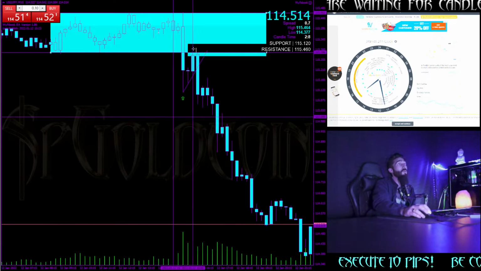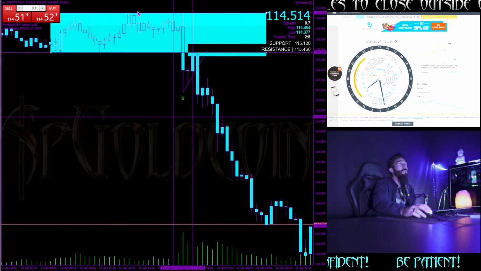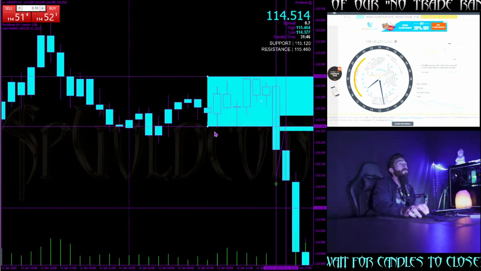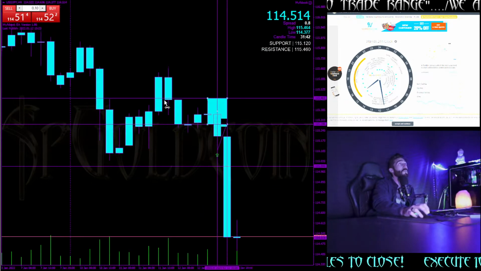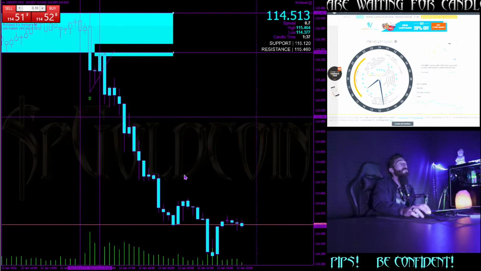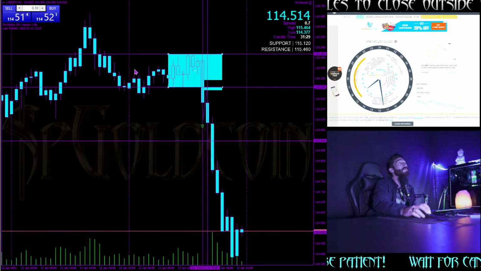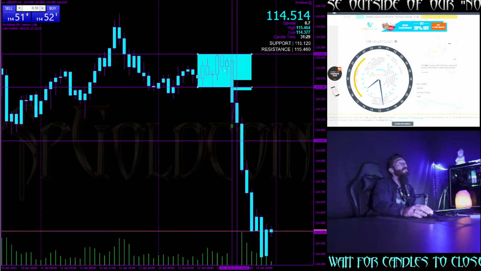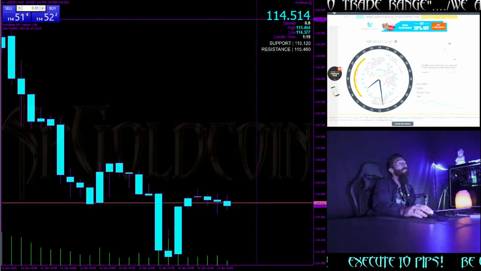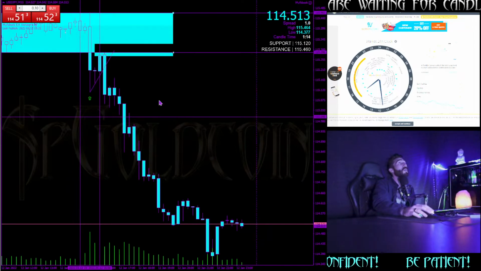On the new 4-hour candle, we have to retrace at some point. Right, so